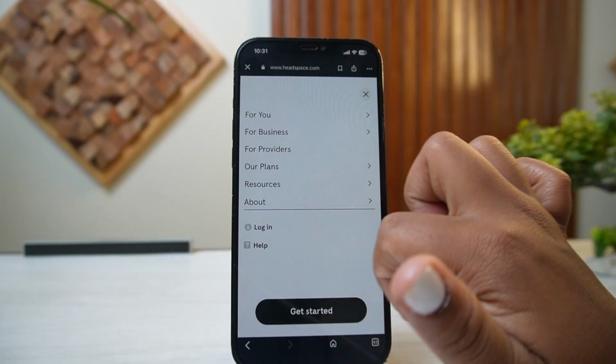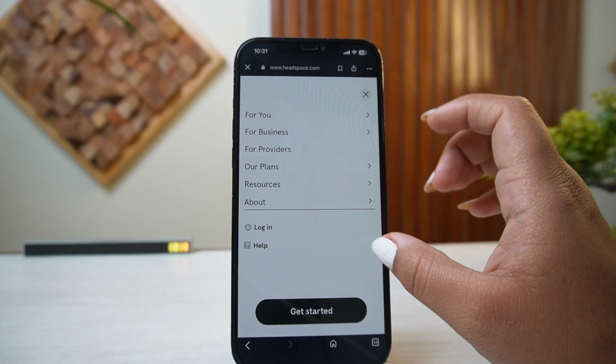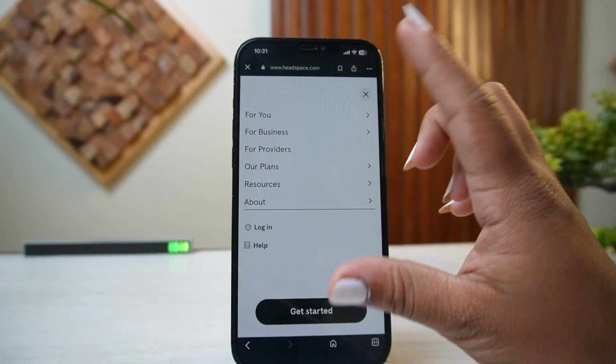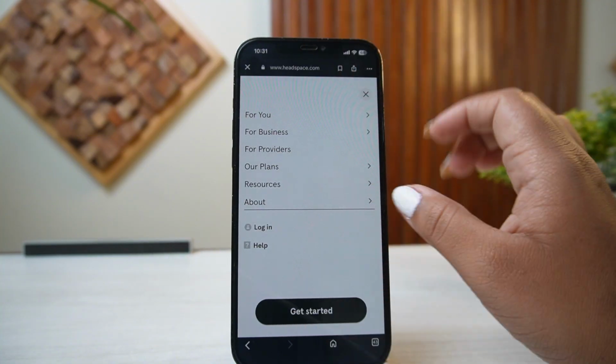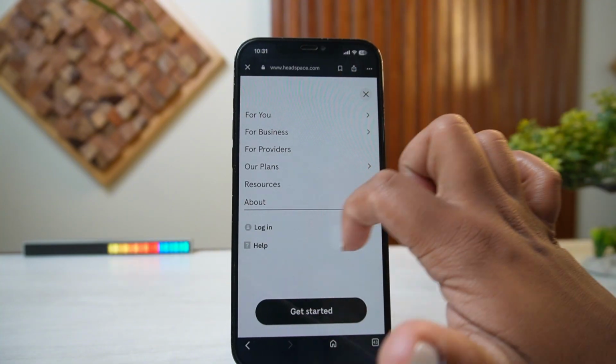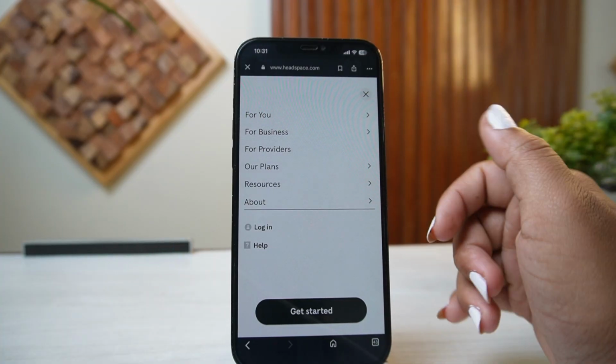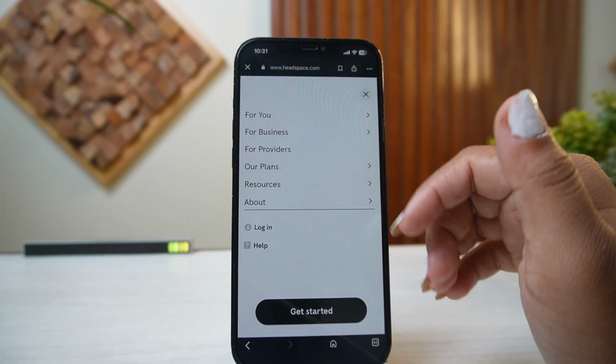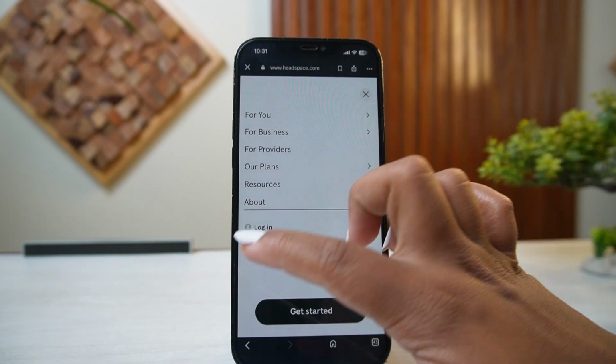can see the login button. Tap on the login button, then we'll get into the login page. If you're on the application, you'll actually be able to get this login button on the very first page of the application. Simply tap on that one and we'll get into the login page where all you need to do